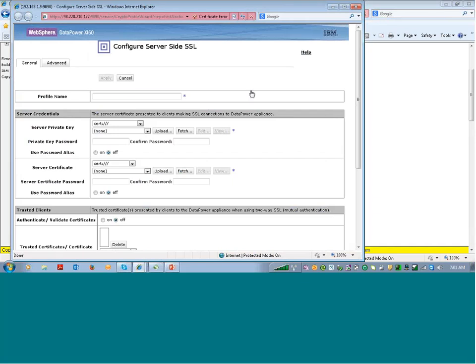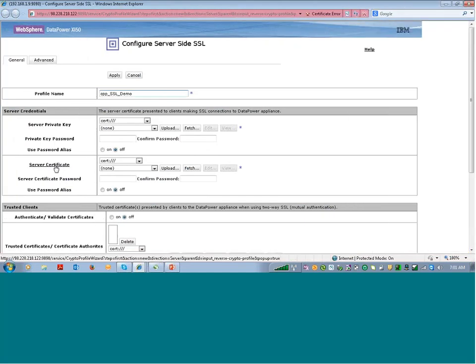I'm going to give some name here. It's a crypto profile, so I'll say CPP. Here are two options, server credentials. In the server credentials, it's asking for the server private key, where you can upload your private key. Just now we generated two things using crypto tools, one is the private key and the other the public key. So here you have to provide your private key,